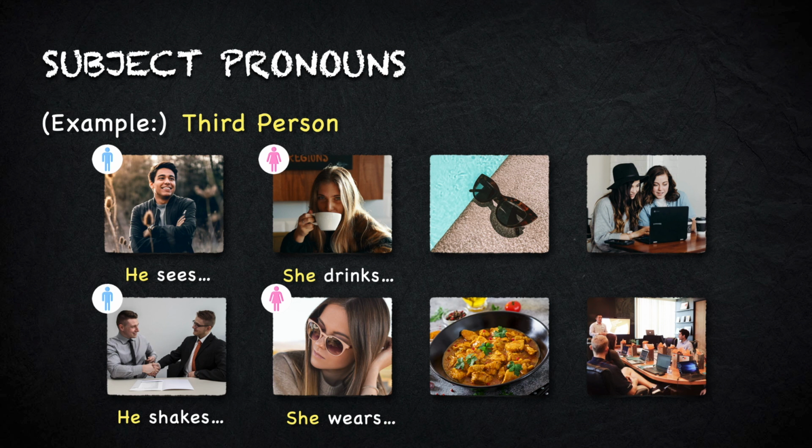Now we have nouns that are not people or animals, so it sits and it smells for one noun. Lastly, we have they watch and they listen for two or more nouns. Also, you may have noticed that for the third person singular forms, the verbs or the actions the noun does have an S added at the end. I will explain this in another video later. I will link it in the description box and also in the cards when it is uploaded.